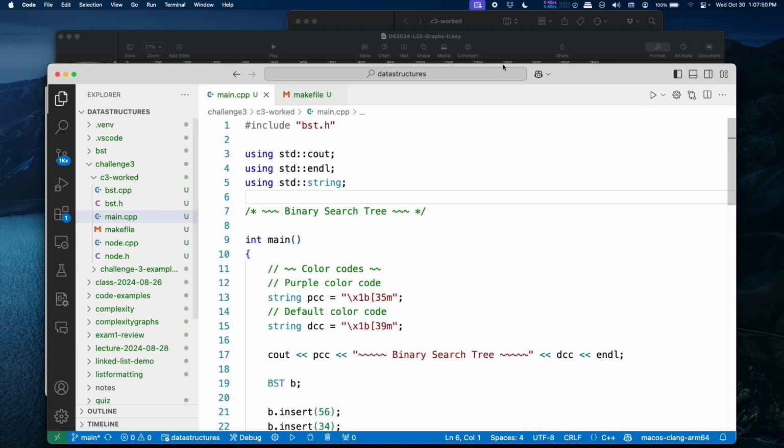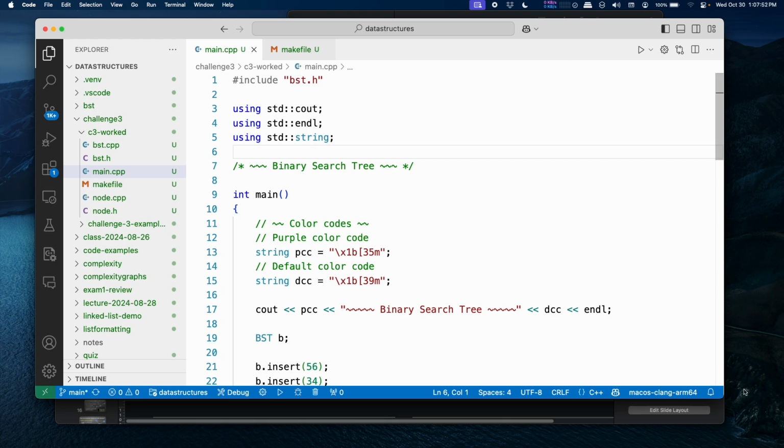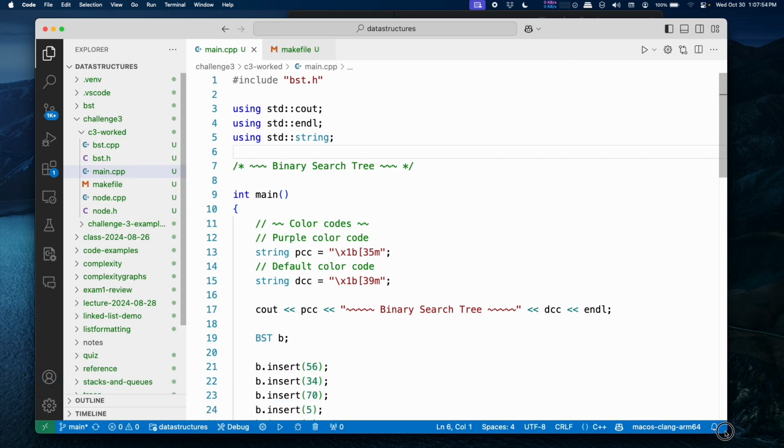So usually I give you a version of the code that we write in class together. And if you remember, we did write, a long time ago, binary search trees together. But this time, one of your TAs, Jacob, has written the base implementation for you. And so that's what I've given you on Canvas. It's pretty much the same as what we wrote in class. And so everything is there.